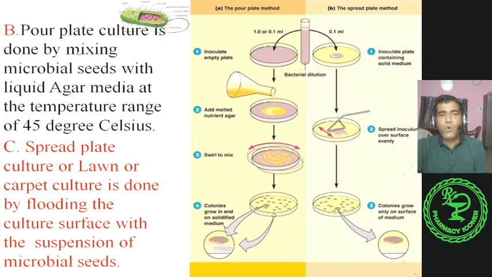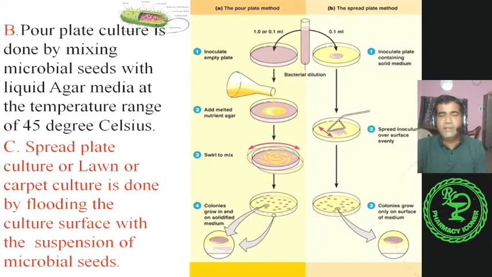Next is the pour plate culture method. In this procedure, what do we do? We take the inoculum, this is the inoculum or seed culture. Now it is taken into a petri dish. There are two different ways I will tell you. The first one depicted here, that is, the inoculum is poured into a petri dish and warm agar,